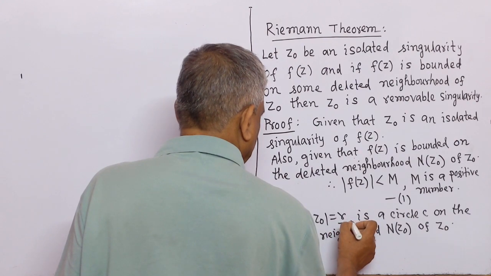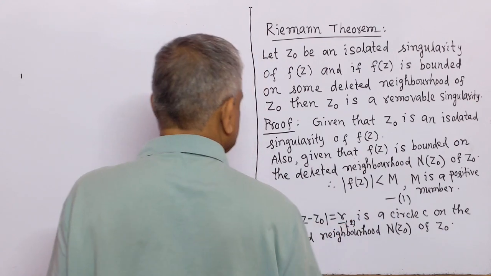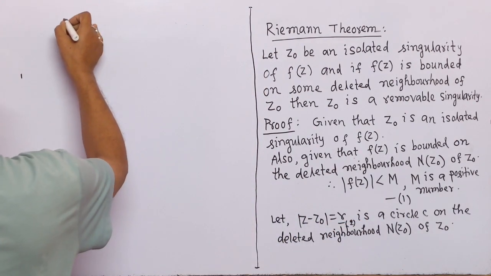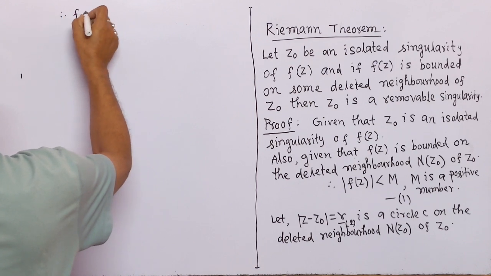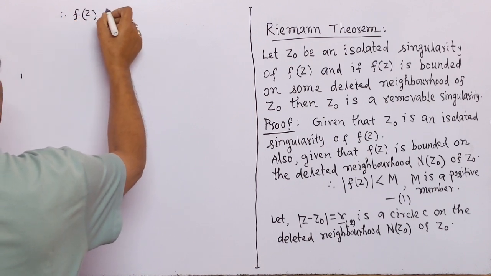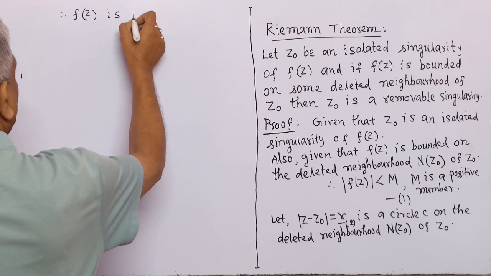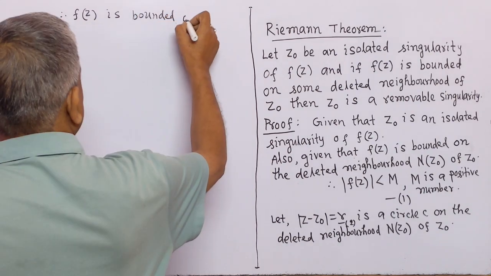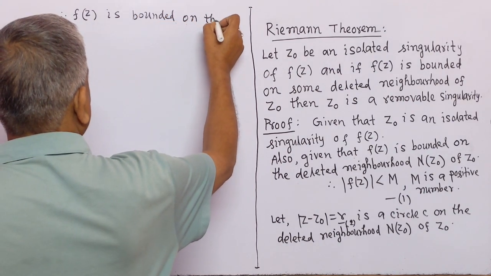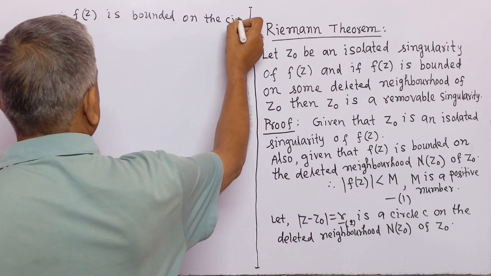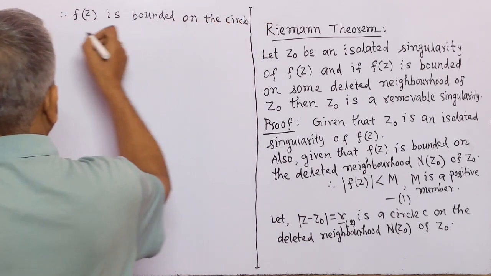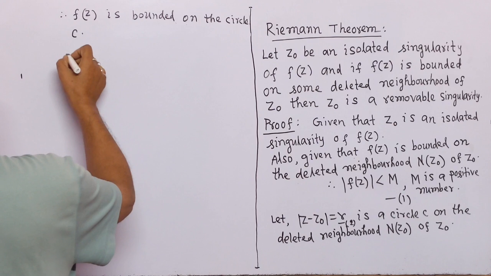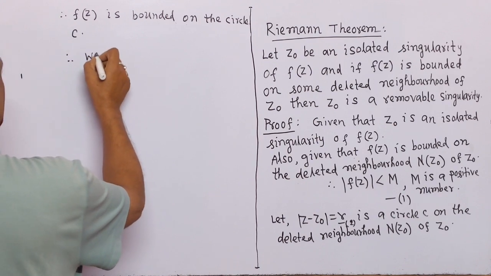Let this be number 2. Therefore, f(z) is bounded on the circle C. Therefore, we may write